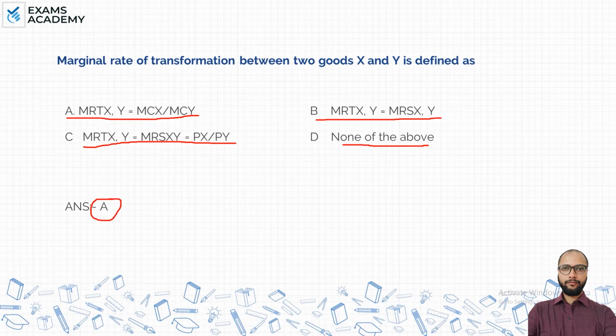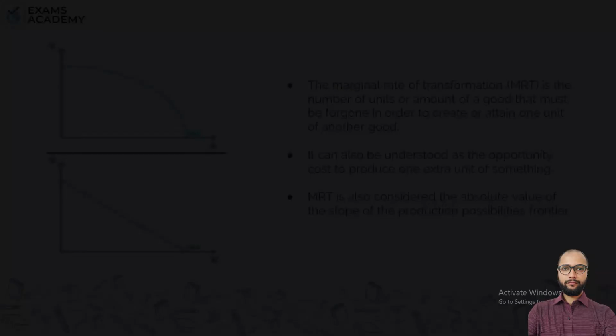Now, let's first of all have a look at the meaning of marginal rate of transformation. So marginal rate of transformation is basically the fact that if you are trying to produce two goods, let's say X and Y, and you have only a limited amount of resources, then the amount of resources that you exhaust in producing good X cannot be used for producing good Y, right? So there is always a trade-off. If you produce a certain amount of good X, you have to forego the production of a certain amount of good Y, because some amount of resources are utilized in production of good X, so that cannot be used for producing good Y.